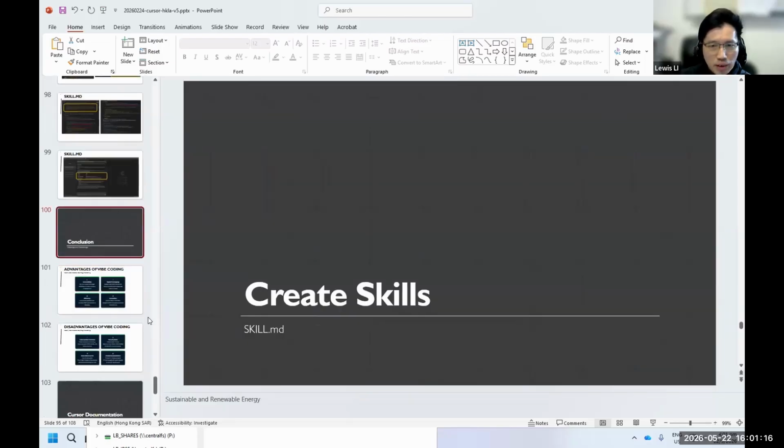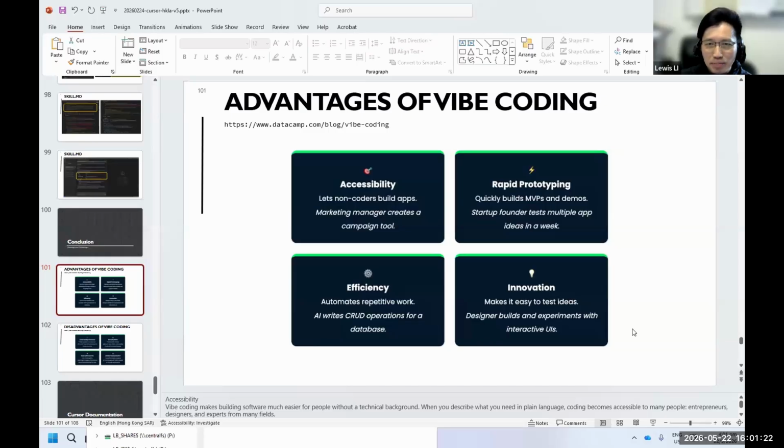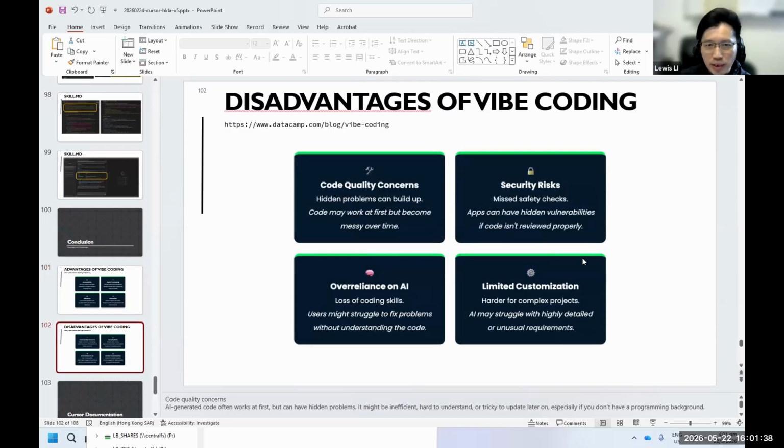Okay, I think time is up, so I will stop here. As a final conclusion, vibe coding will actually help you a lot to create code, and it is convenient for creating different kinds of code at the same time, whether Python, HTML, or even Java. But something you have to pay attention to is that after the code is created, you have to double check whether the code is valid.